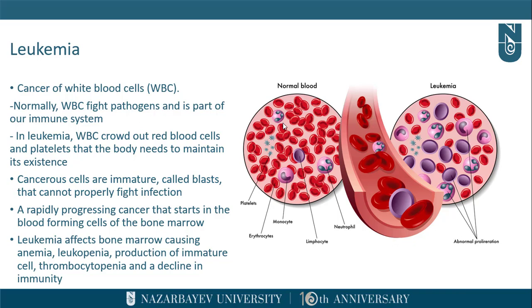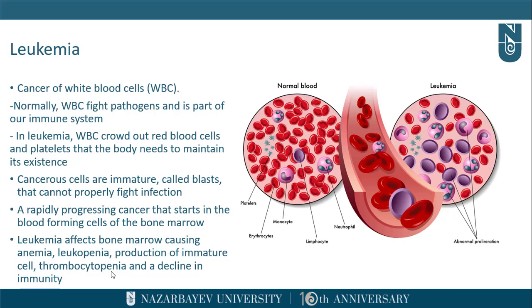And leukemia heavily affects bone marrow, suppressing the production of red blood cells and platelets, and even the normal functioning white blood cells, in a way that the person would get anemia, that is the low number of red blood cells, leukopenia, low number of white blood cells, and also thrombocytopenia, low level of platelets, which are involved in blood clotting, and overall it will affect